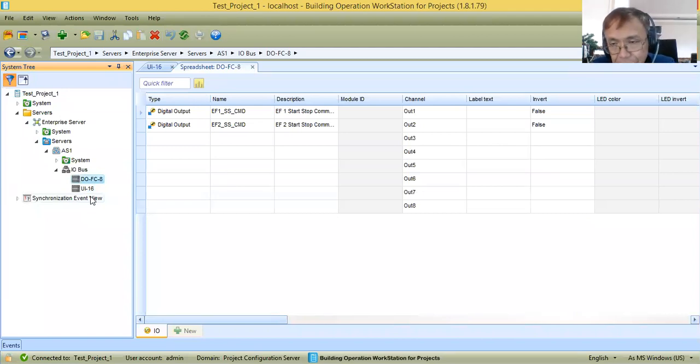Now, to make this tutorial a little bit short, I don't want to give a very long tutorial, so I will try to break this into several tutorials. I hope this will be enough for this tutorial. Then again, this is Santos Capellan Jr. I hope I have given you an idea how you are going to configure offline a BMS project. This is my second series for offline configuration of BMS server.